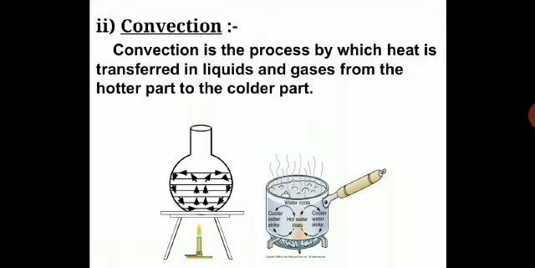So convection is the process by which heat is transferred in liquids and gases. A convection current has to form there, and then the entire bulk of water gets heated. This is how it is shown with the arrow. The entire water bulk in the round bottom flask will not get warm at a time initially. It has to set up that convection process.